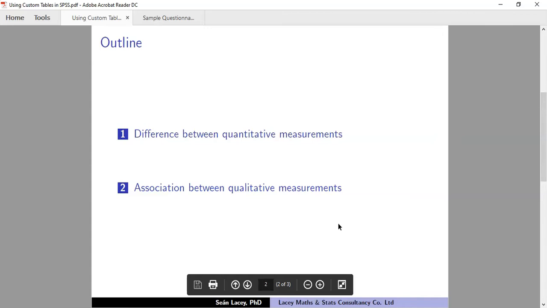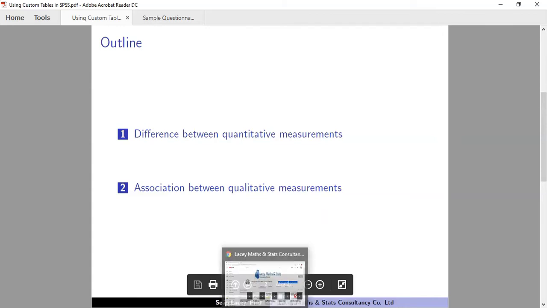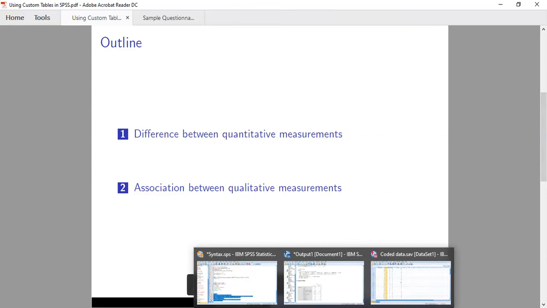So, but it is there for the custom tables as well if you're interested. Even though it's not something that I would use on a regular basis in the custom tables, I felt it would be a more complete video if I just showed that aspect of it. Okay, so what I'm going to do first is show what I would traditionally do myself,